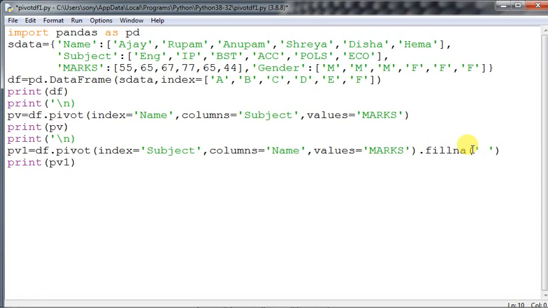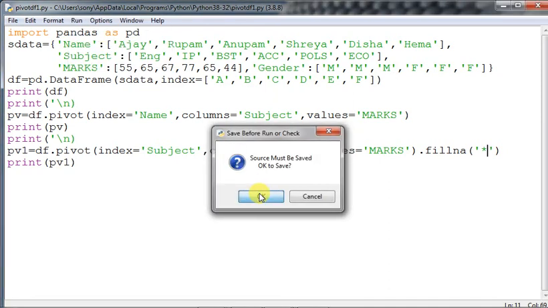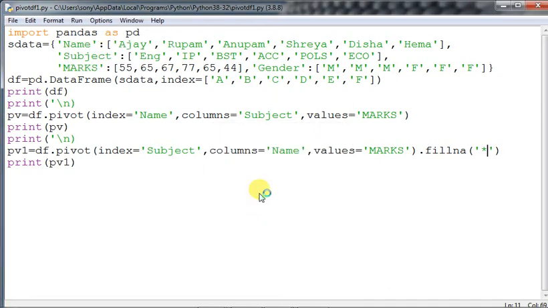All right, so now I am giving a character here that is called star. I want to fill it up with star. So what is happening, in fact, is that wherever the data values are found, they will be printed, and the rest of the places will be filled up with star. Star means asterisk. So let's consider the output once. How is it appearing?